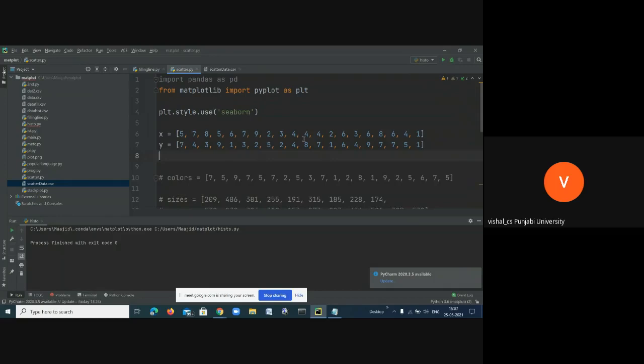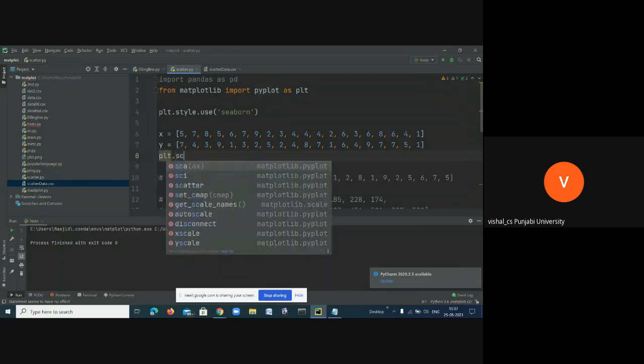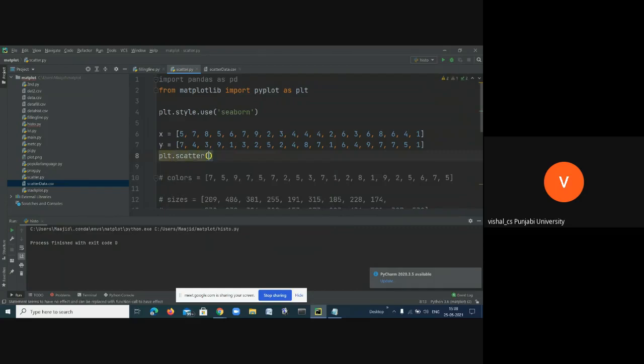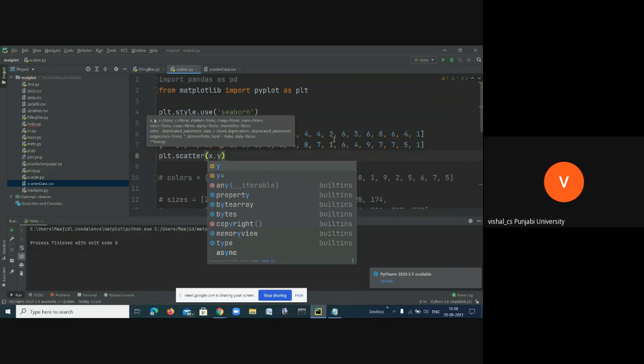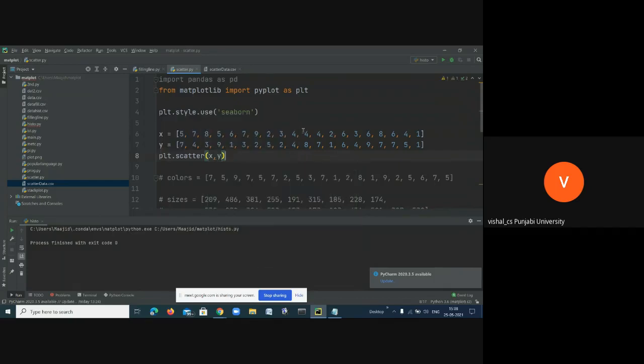Second, when we want to see outliers within the data set, we can use scatter plots for that also. So in order to use the scatter plot, I will simply write plt.scatter. There is a function, and I will pass arguments x comma y.